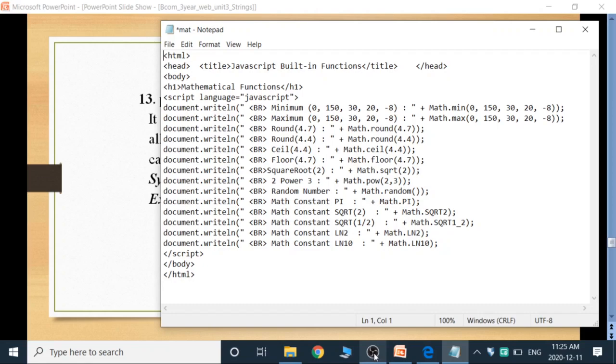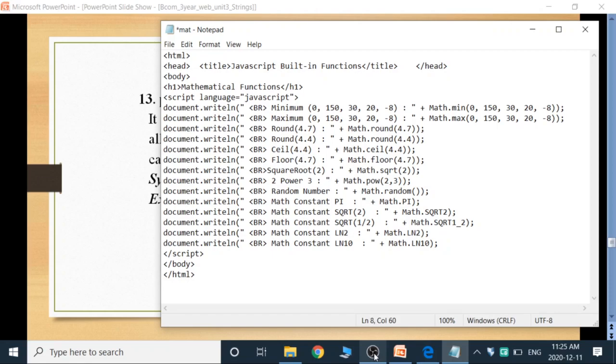Let's see this. document.writeln, min of the number of arguments, that is 0, 150, 30, 20, -8. Now it will return the lowest value in this min function. Similarly, the max value in this function.